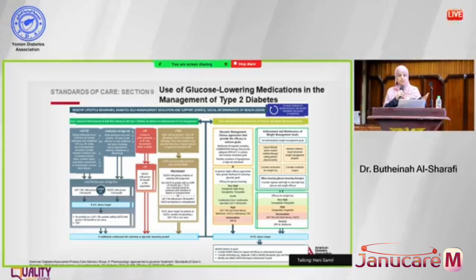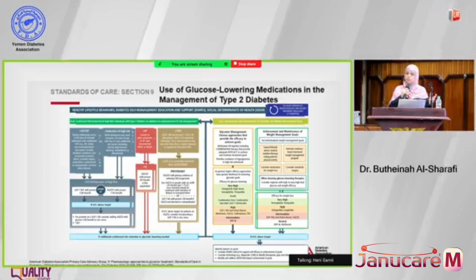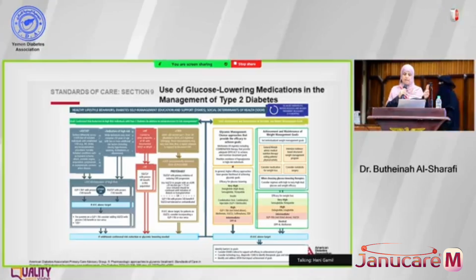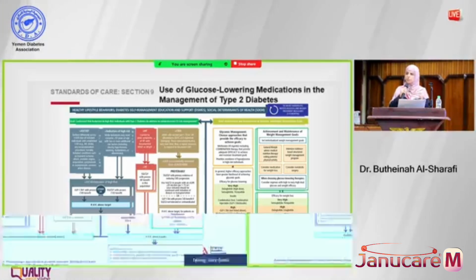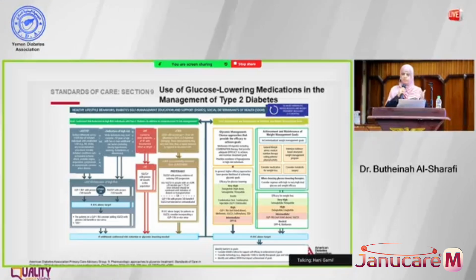If we don't have GLP-1 receptor agonists, we can use SGLT2 inhibitors, which are also effective in decreasing the risk of recurrent cardiovascular disease. If one of them alone does not control the diabetes, then we can use both of them together, a GLP-1 agonist and an SGLT2 inhibitor. And then again, they say if these patients are high risk or have recurrent stroke, then we can add a thiazolidinedione, which also decreases the risk of recurrent strokes.